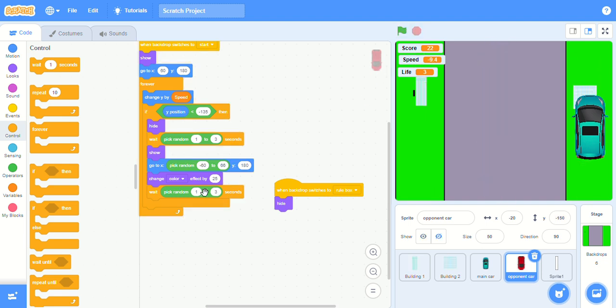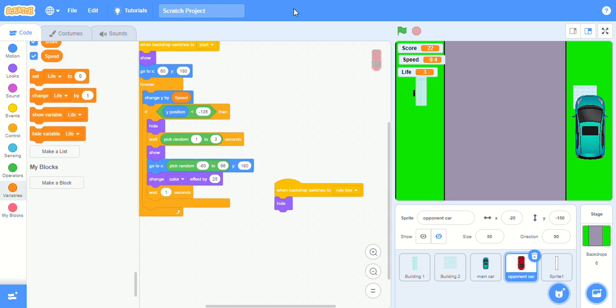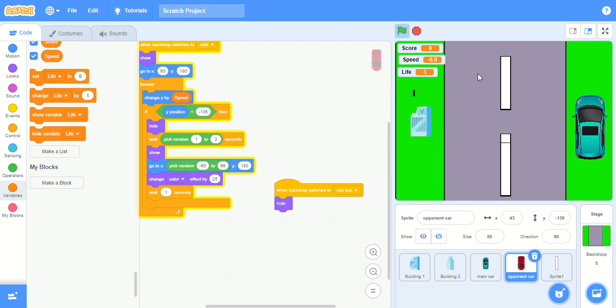Let me stop this. We're gonna click on R again. You can see a red car right here, then this orange car, then a green car,